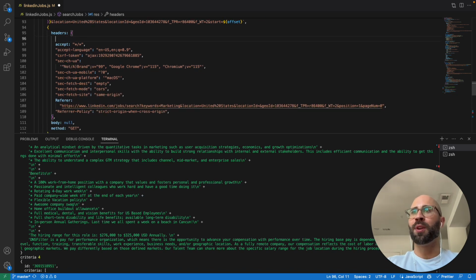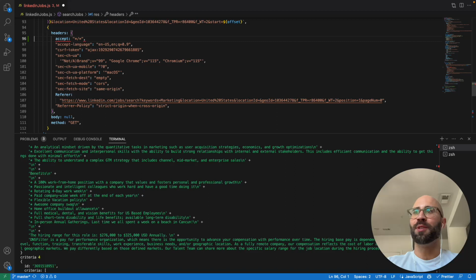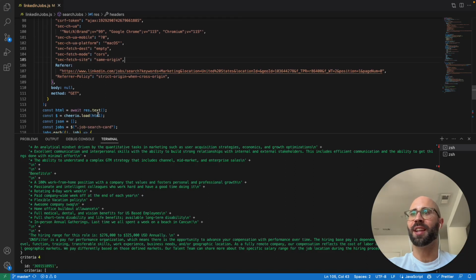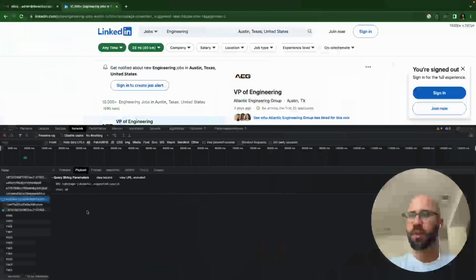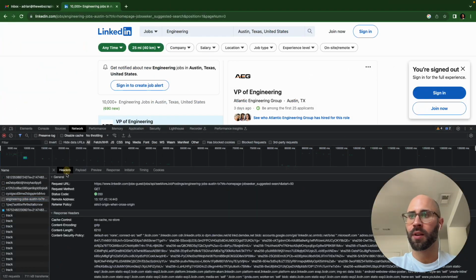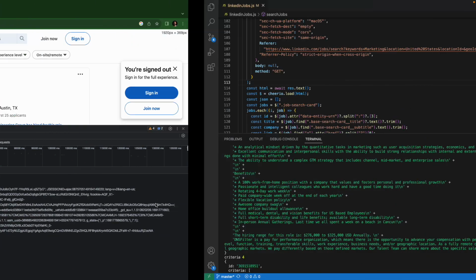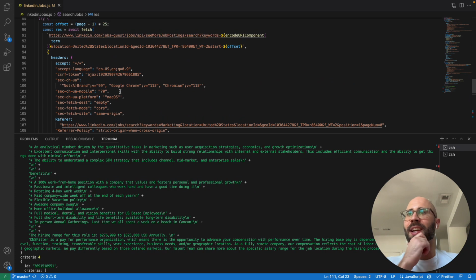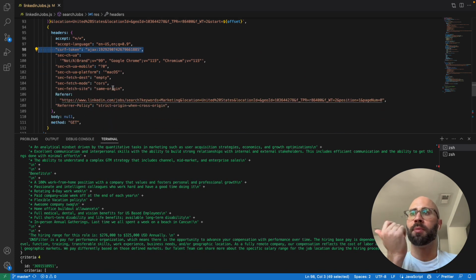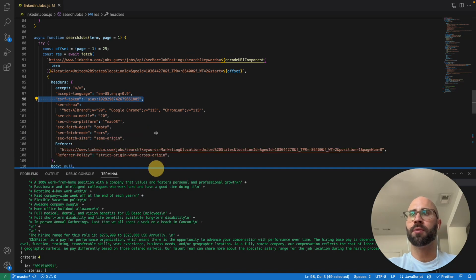And then you don't even need to put a user agent here. You usually need to put a user agent, and you get rid of the cookie. It obviously gives you a cookie. Yeah, it gives you this massive cookie. Don't even need it, which is interesting. You need that CSRF token, but that's it. They do rate limit you, so